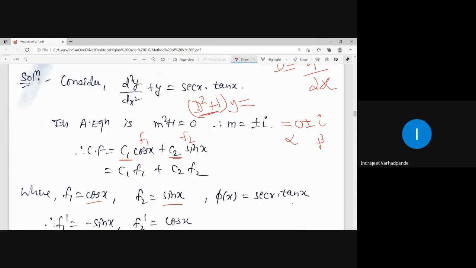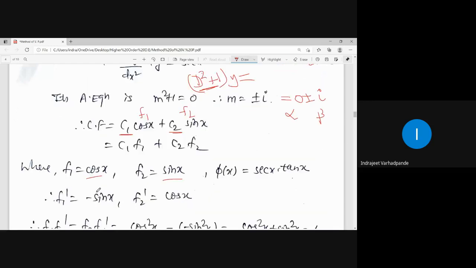तो कोई अगर चाहे तो अलग कर सकता है, but your answer will then be different in the intermediate steps, but PI will be same. So final answer CF plus PI will always be same because for any differential equation solution is always unique. There is no different solution.